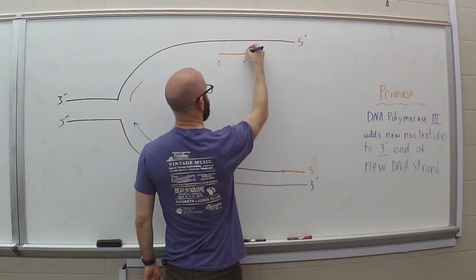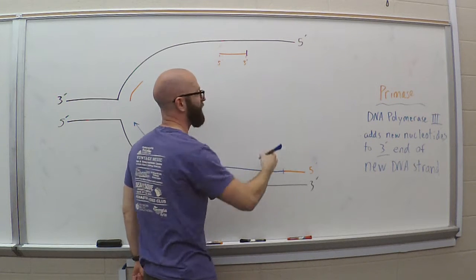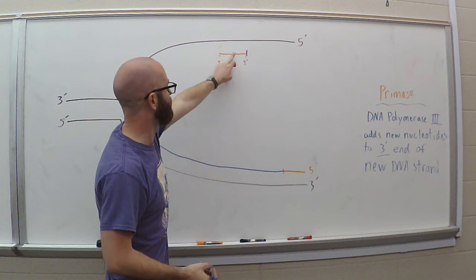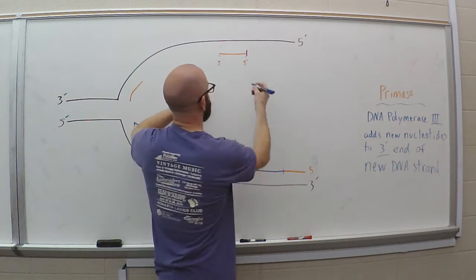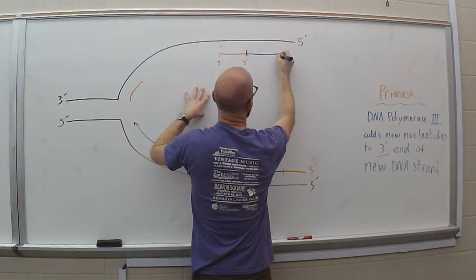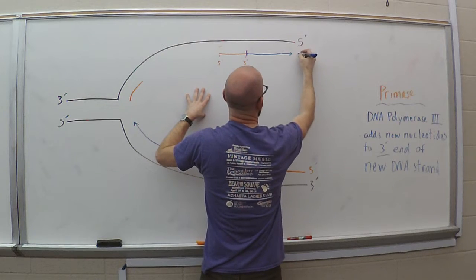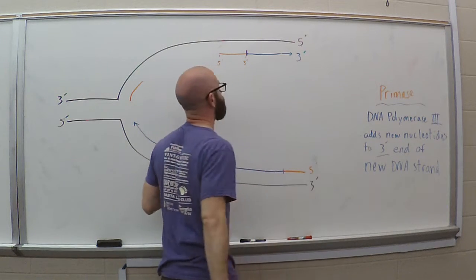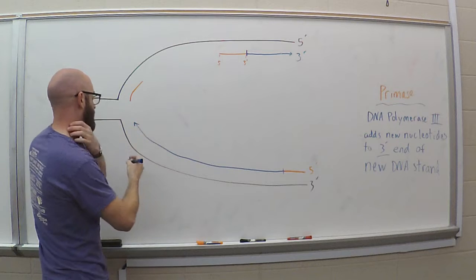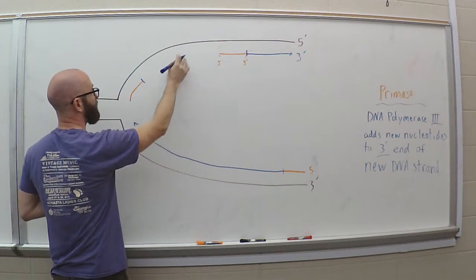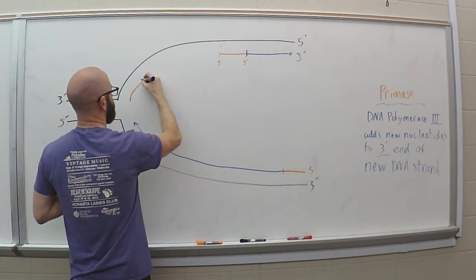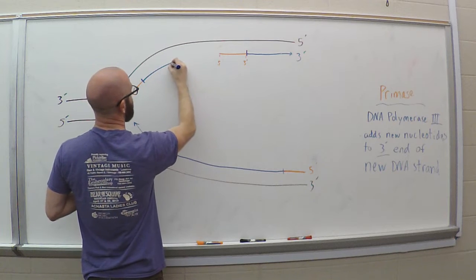So when DNA polymerase 3 extends this RNA strand, it's going to go that way. And so what happens on this strand up here is that the DNA is replicated